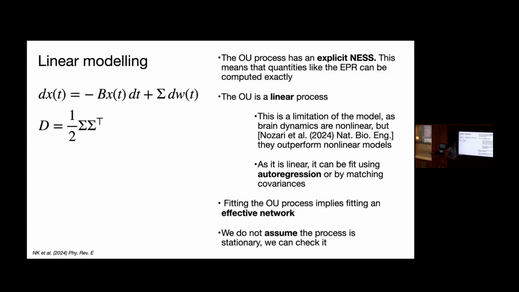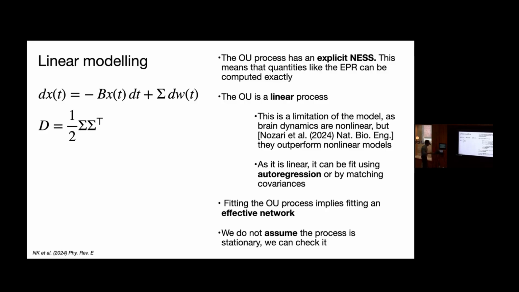And you can get interesting results out of that. It's also an asymmetric effective network. It's quite difficult to get a directed network out of neuroimaging data in general. Other than time-lagged correlations, most of the other techniques are quite involved. And the last thing is that we don't assume that this process is stationary. If you fit this, you can actually look at the eigenvalues of B and check if it's stationary rather than just assume it from the get-go. And so this gives you a bit of a sanity check of whether what you're doing is valid for your data or not.